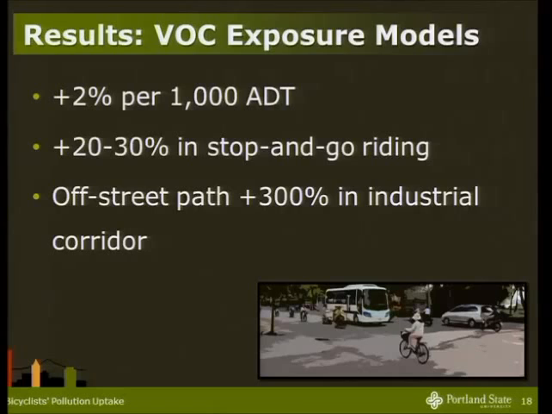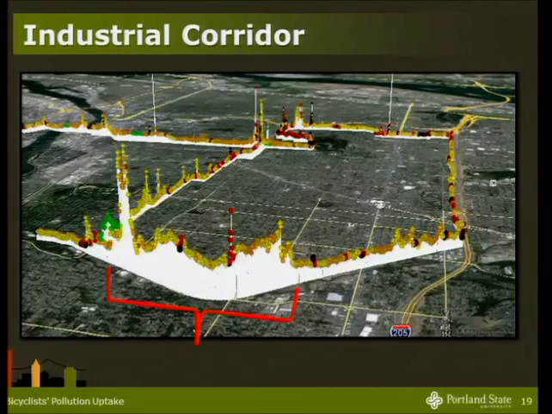However, there's an industrial corridor that the Springwater goes through down in the southernmost part of it, and in that corridor, concentrations were 300% higher for VOCs. And here's a visual of what that looked like. There are a number of heavy industries around there, metalworking industries, for example, that are known emitters of VOCs. They're registered with the EPA. And you can see, the height of these pins is the concentration. This is just one day where we sampled along that route. And you can see really high concentrations.